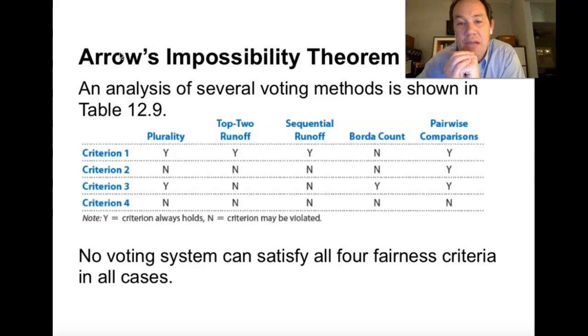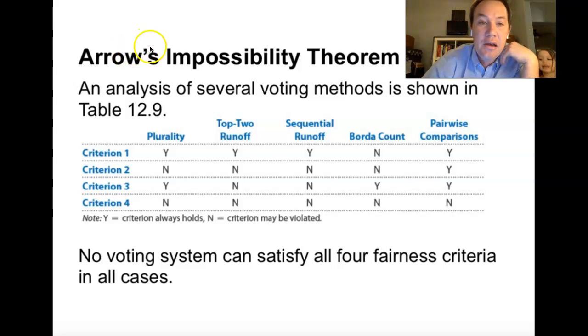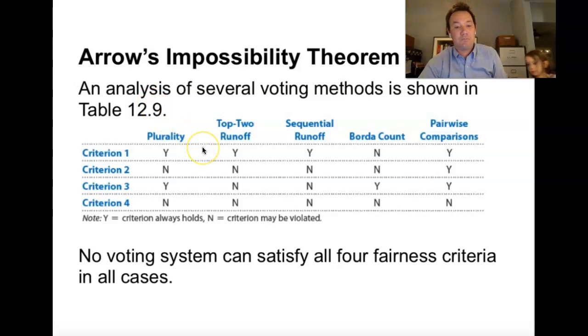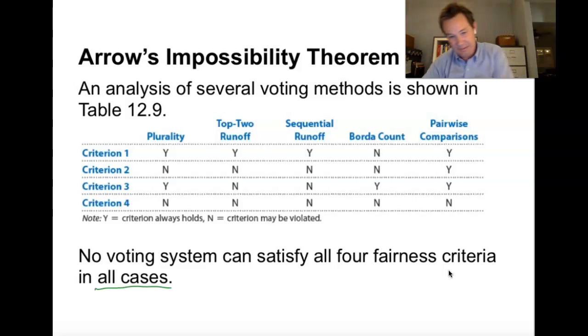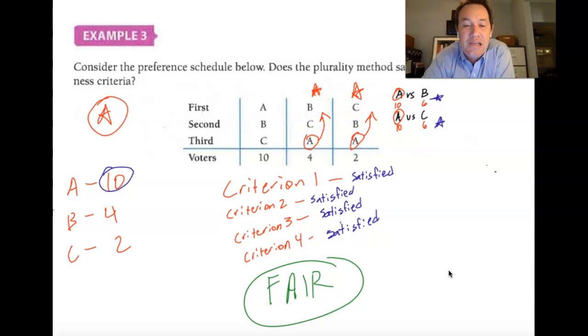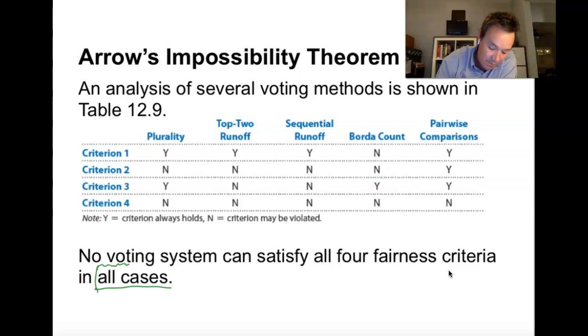All right, let's talk about Arrow's impossibility theorem and what that means. So it's basically this. No voting system can satisfy all 4 fairness criteria in all cases. That doesn't mean it's impossible to have a fair election. I just gave you an example where all 4 were satisfied, and that was fair. It's this "in all cases" that you need to remember. There can be fair elections, but when you have to analyze it for all possible cases, meaning all possible voting